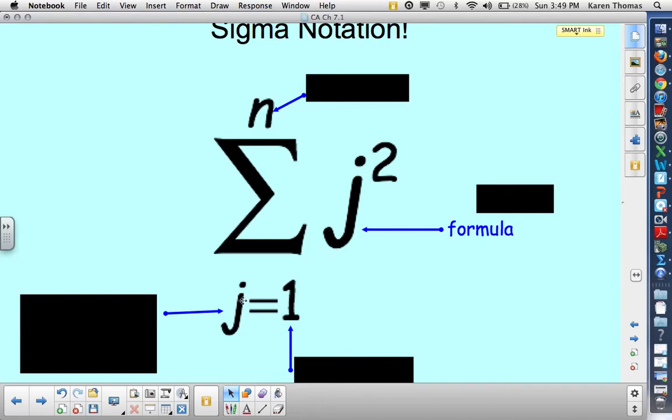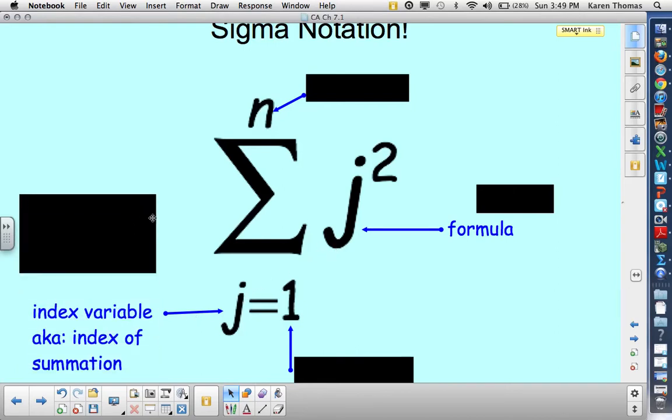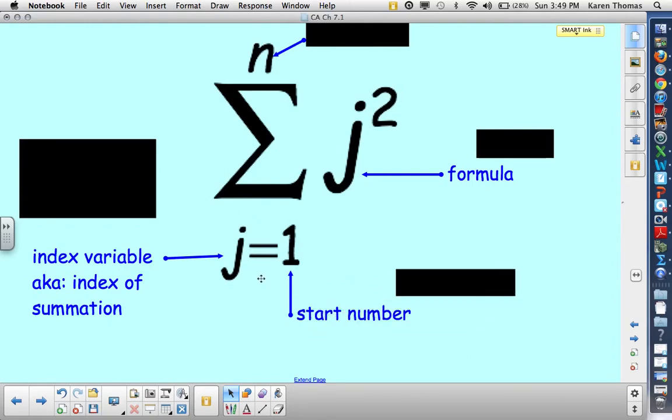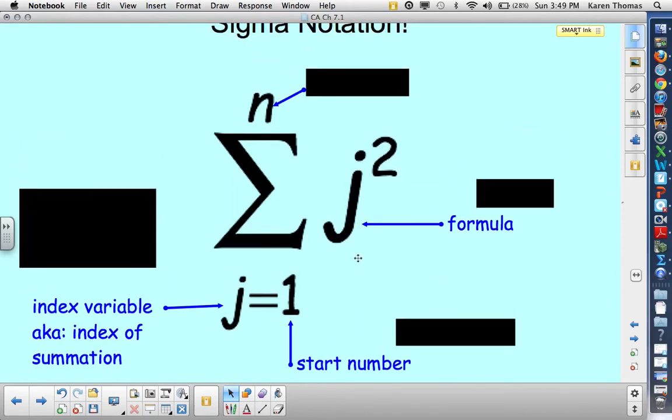You notice this j and this j are the same letter. The j underneath the sigma is known as our index variable. Sometimes you'll see it called the index of summation also. That is the part of the formula where you're going to start putting in numbers. This number here that says j equals 1 is our starting number. In this case, we're going to start putting in a 1, and then the next number we would put in would be 2. The next number we put in would be 3, and so on, to find the terms that we're going to add